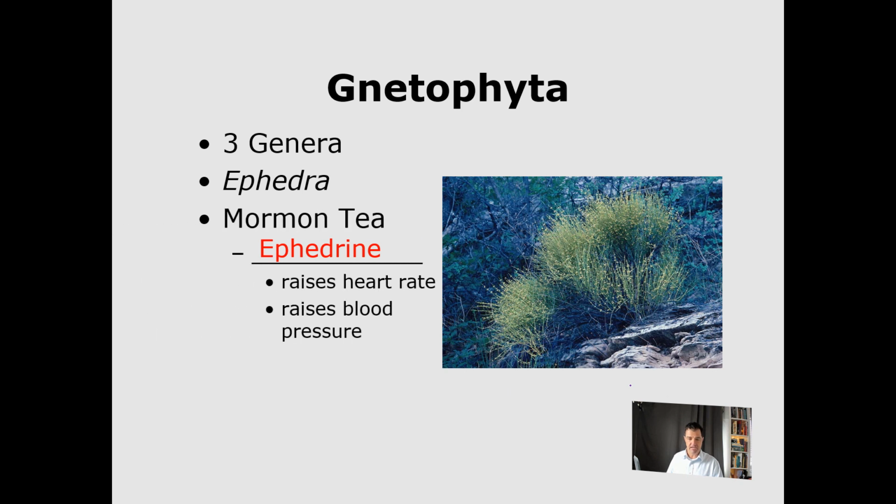Then we have the Gnetophyta, which has 3 genera, and the most common one we'll talk about here is Ephedra. Ephedra is also called Mormon tea. Mormon tea has a chemical or drug in it called ephedrine, which does things like raise your heart rate and raise your blood pressure. People would put some of this Ephedra plant in hot water and drink it like a tea,